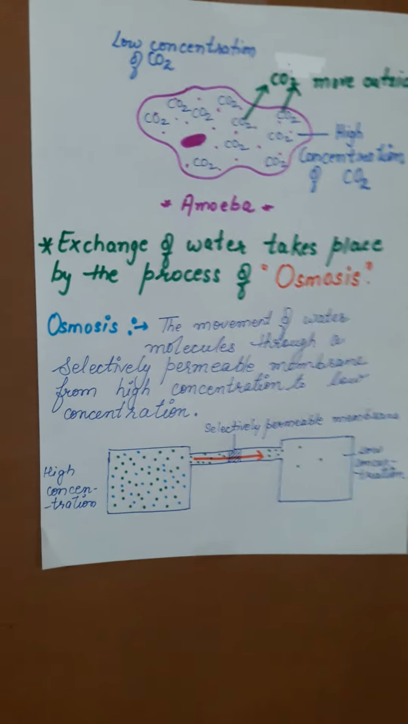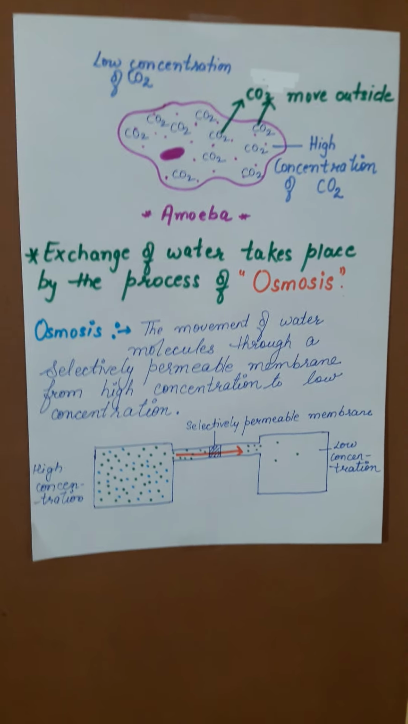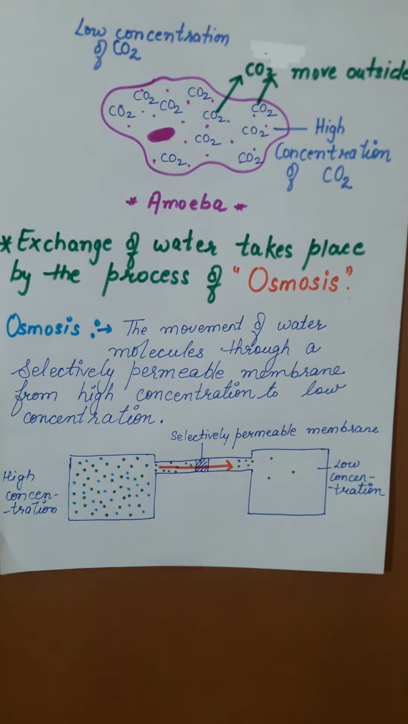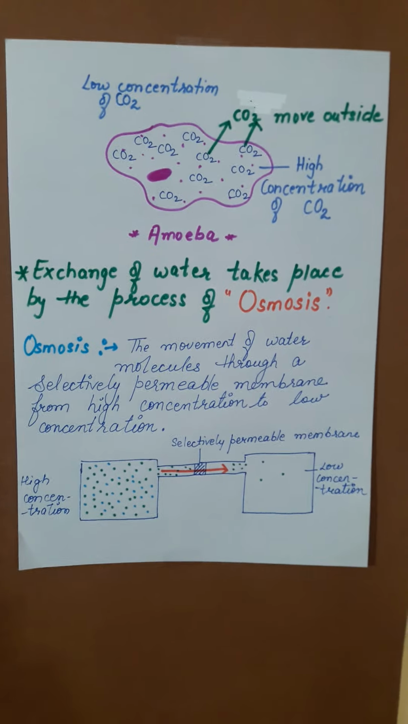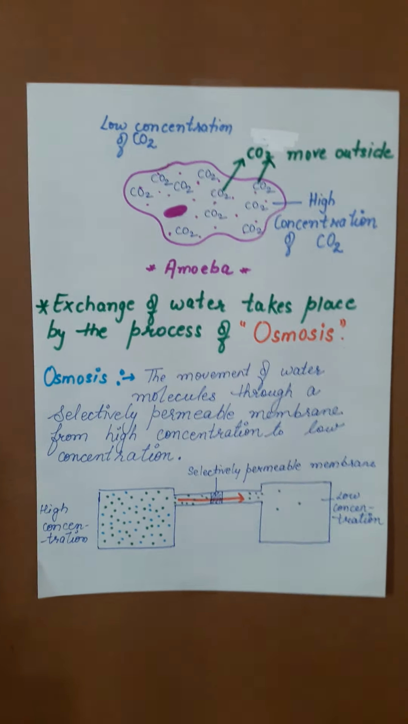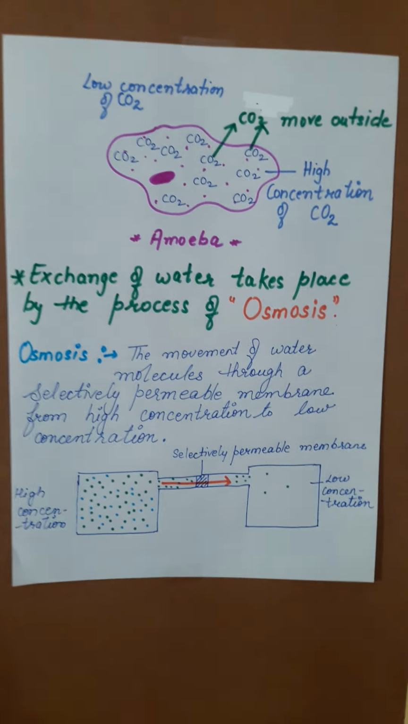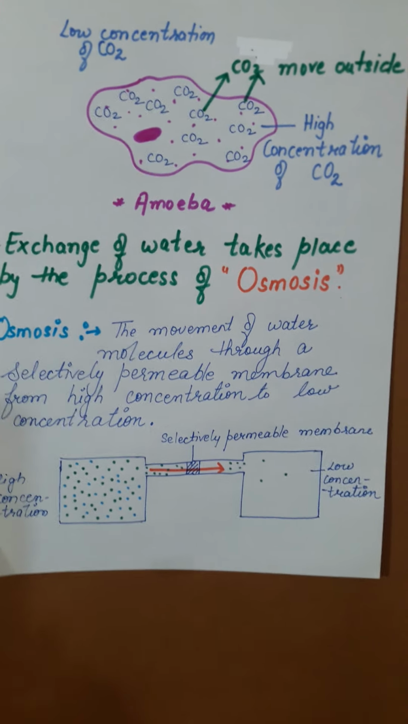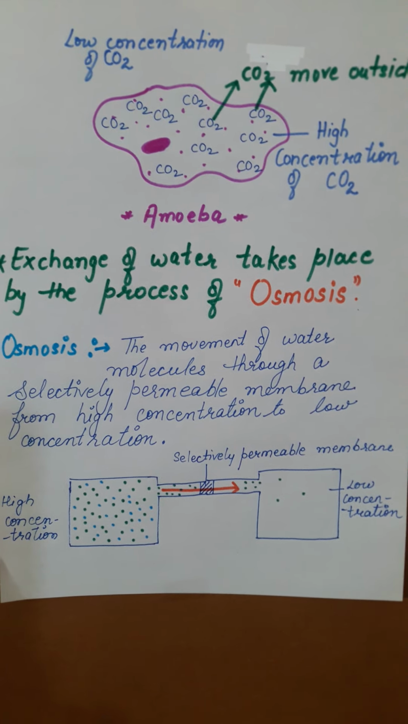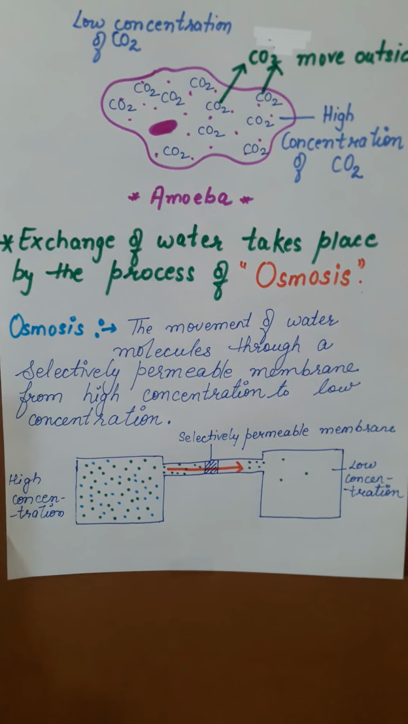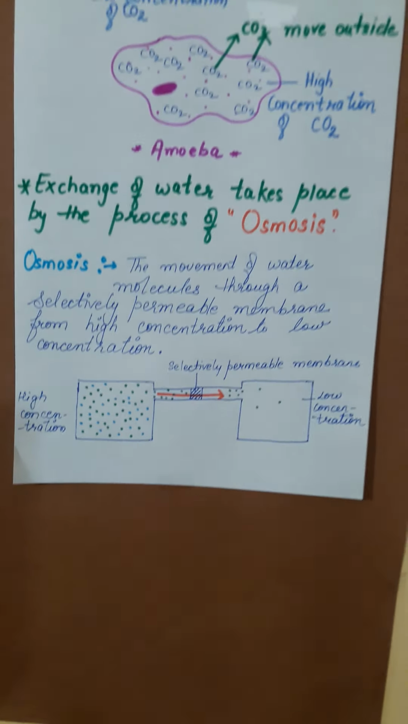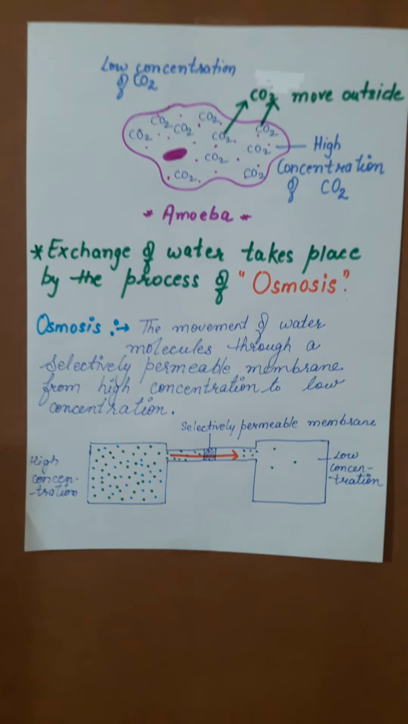Now let's come to exchange of water. Exchange of water takes place by the process of osmosis. Actually, diffusion and osmosis both are almost similar, but there is only one difference, that is selectively permeable membrane. Now let's come to the definition of it. The movement of water molecules through a selectively permeable membrane from high concentration to low concentration. So means movement of particles होगा high concentration से low concentration में, but एक चीज़ जो differ करेगी, that is